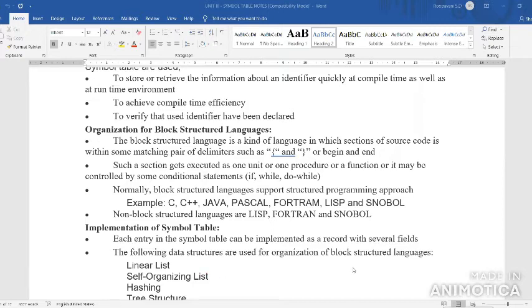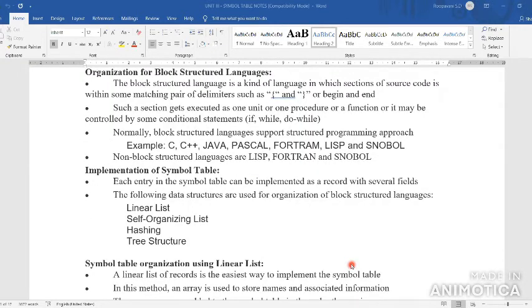Next, implementation of symbol table. In the implementation of symbol table, we have four types of technique. The first one is linear list.